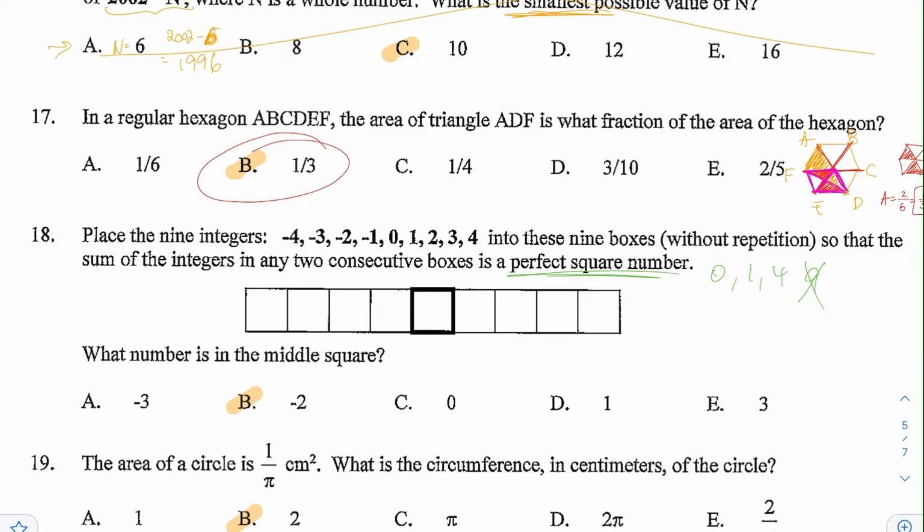You can have, let's say, if you have a -4 here, you must have something positive to cancel that out. So you'll have to put +4 next to it, so that this would be 0. And if you have a +4, you can keep a -3 next to it, and 4 minus 3 would be +1. And if you have a -3, you can put a +3 next to that to make